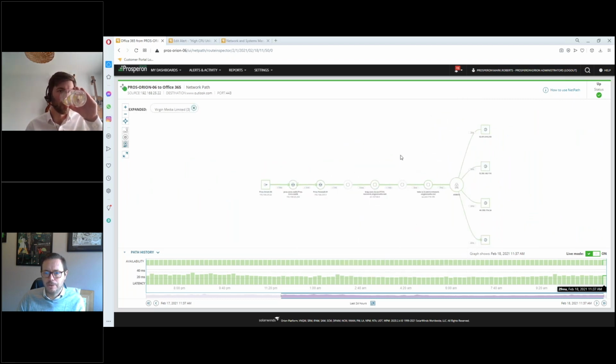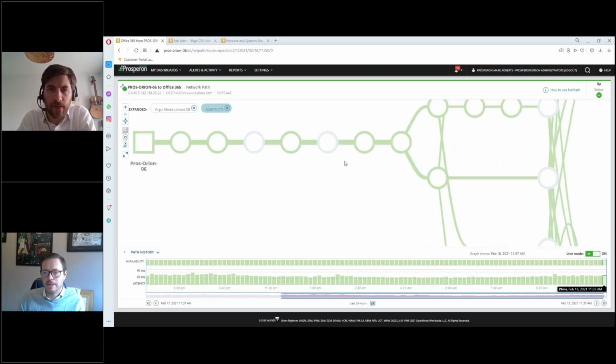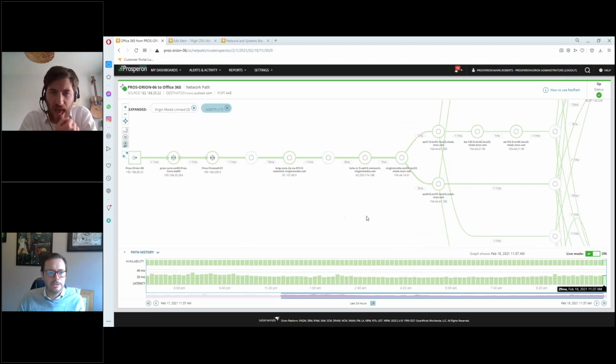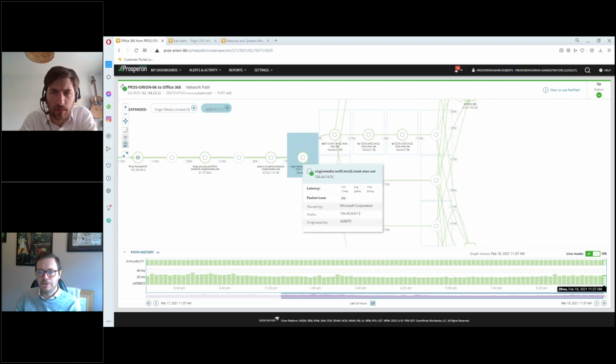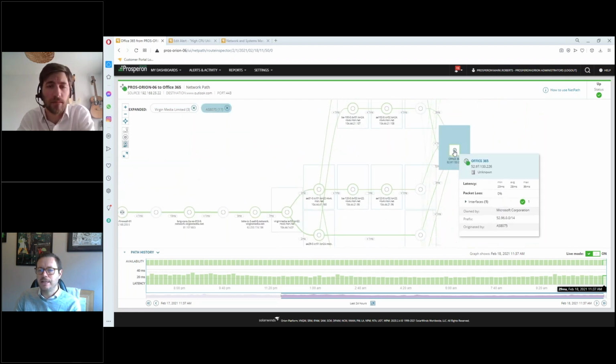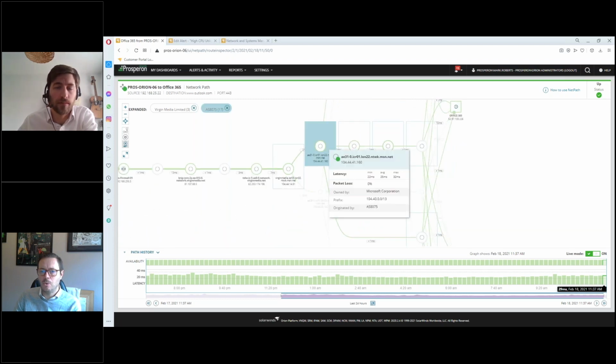We can see that we're traversing different networks here. You can see here we've got an AS network. And so where we're looking at our pathing, we can now see that we hit certain networks. We can validate that we've got endpoints. And from a connectivity and performance point of view, we can see the quality of network